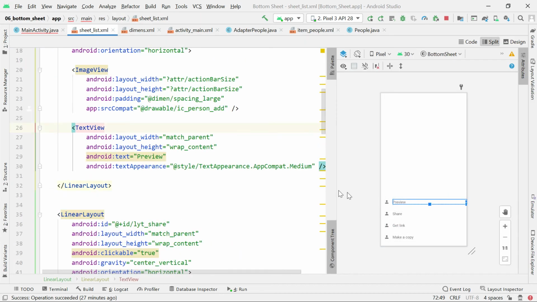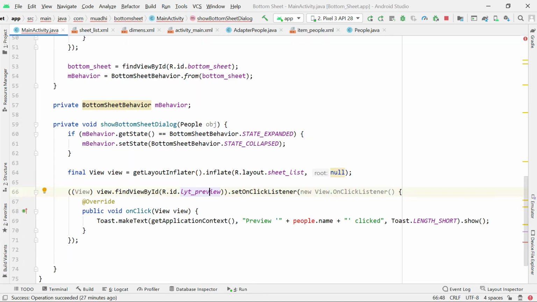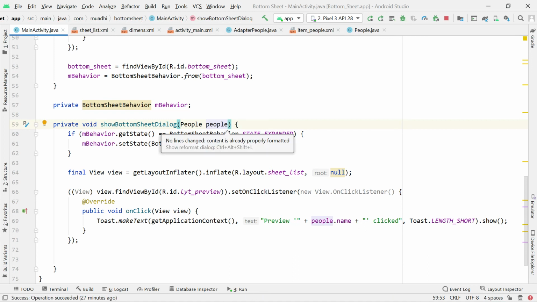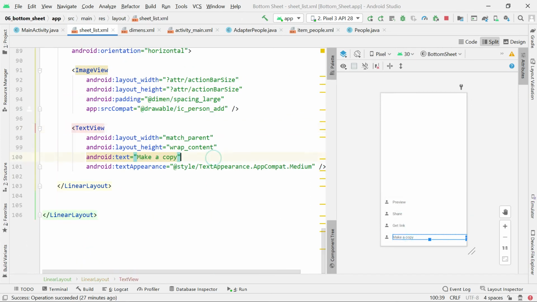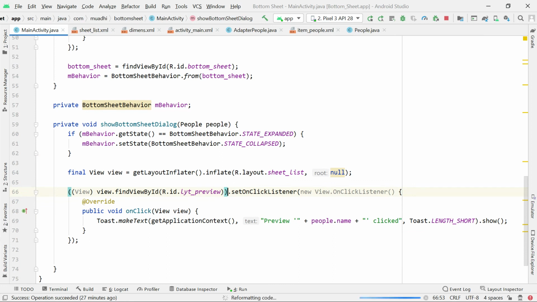For example, this is the preview ID. So when the user clicks on it, we'll toast this one. This one can be an object. Since here we're using people, we pass here that we receive people. So that's it. I can make the click listener for the rest, for this, and this, and this one. But basically, let me just do forward, and I'll run the application.